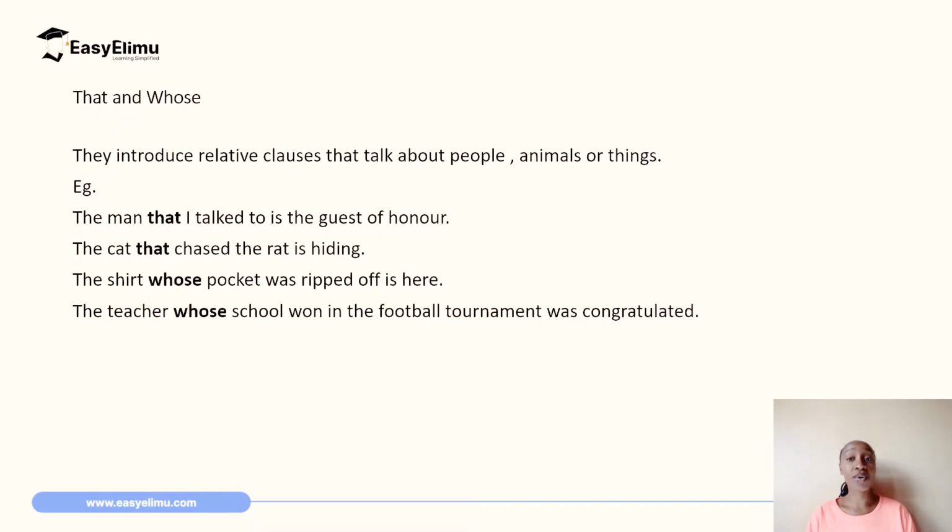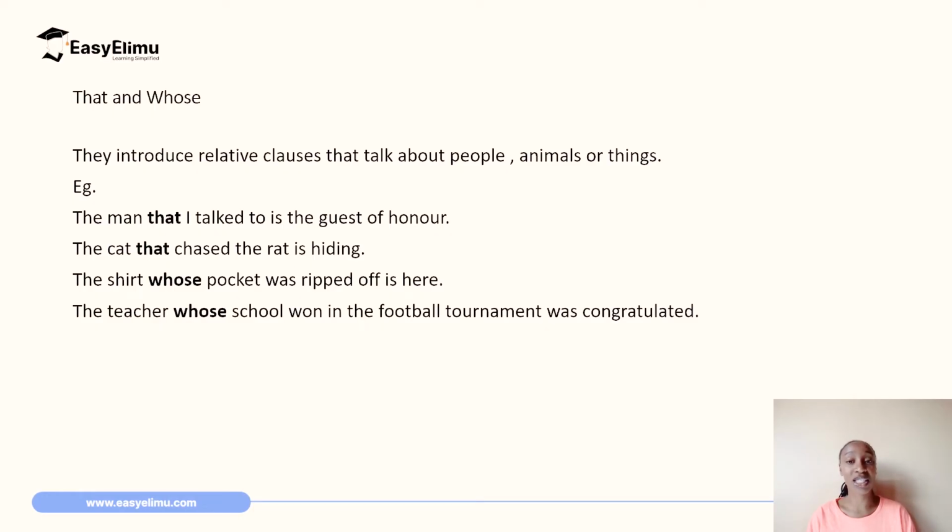Let us now proceed to the relative pronouns that and whose. These two pronouns introduce relative clauses that talk about people, animals, or things. Remember, we have said that who and whom only introduce relative clauses that talk about people only. But that and whose introduce relative clauses that talk about people, clauses that talk about animals, and clauses that talk